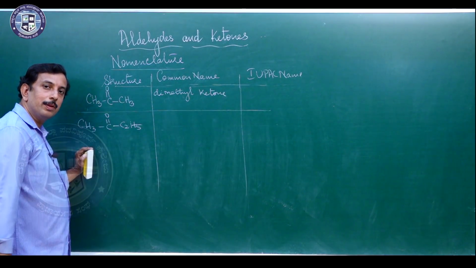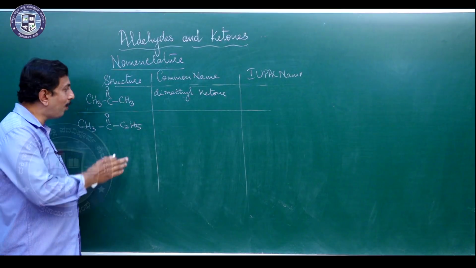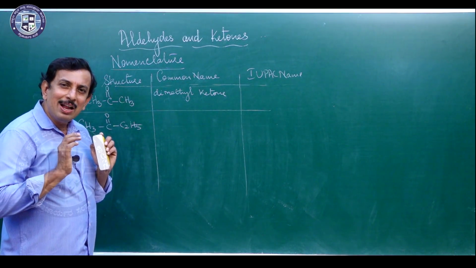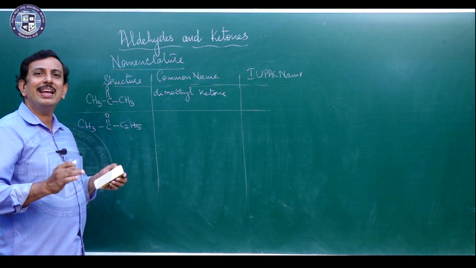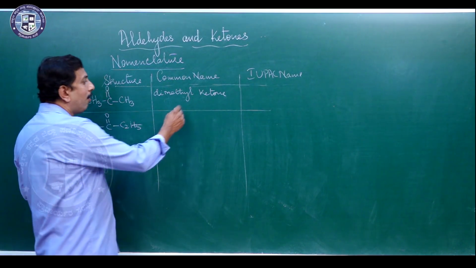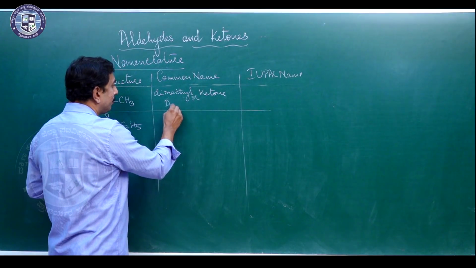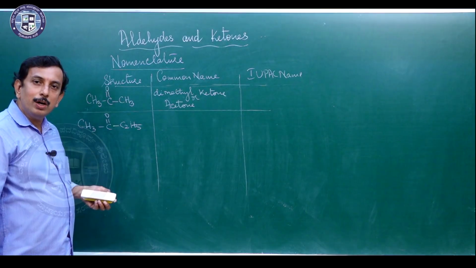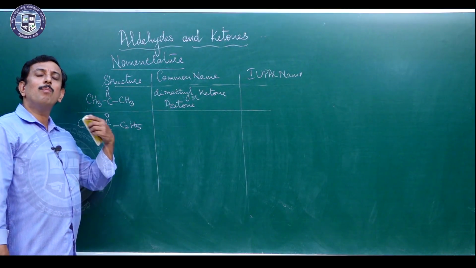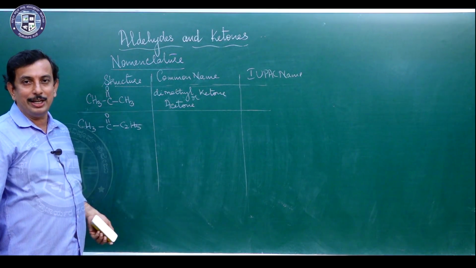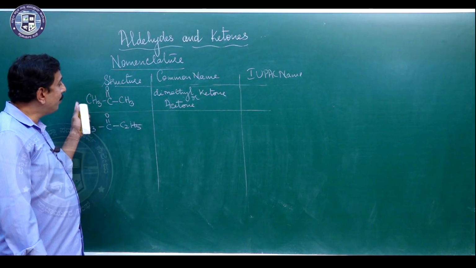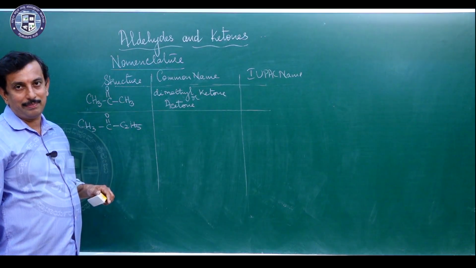Dimethyl ketone. But this dimethyl ketone, what I have written now, has one very important traditional name. I can also say it as a commercial name, which I call acetone. Acetone is one word which has more relevance than dimethyl ketone. As soon as the word acetone comes, it is dimethyl ketone having the formula CH3COCH3.